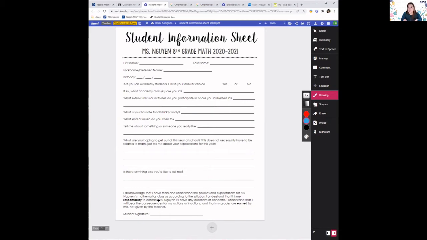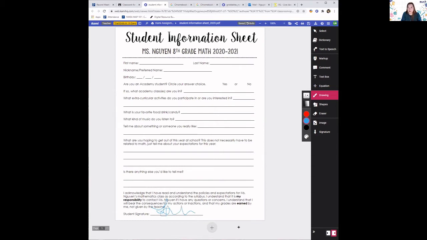So if you want a higher grade, like you get a 65, you don't like it, you can redo, you can fix assignments, you can retake quizzes, I'll work with you and you can raise your grade up. The only kids that ever fail my class are the ones that never do anything. They don't finish assignments, they blow off quizzes. Of course, you're not going to do well. But if you are willing to learn, you're willing to do better, then I will do everything I can to help you. Okay? Promise. So once you understand all that, you'll use your little drawing tool, draw your signature there,